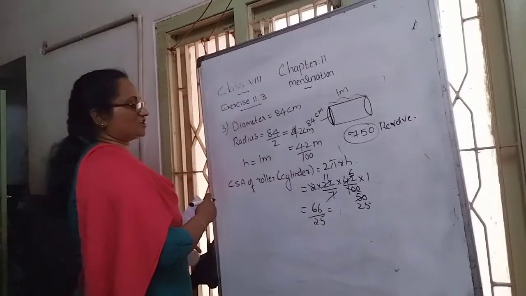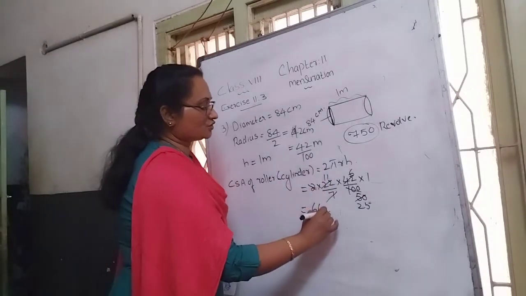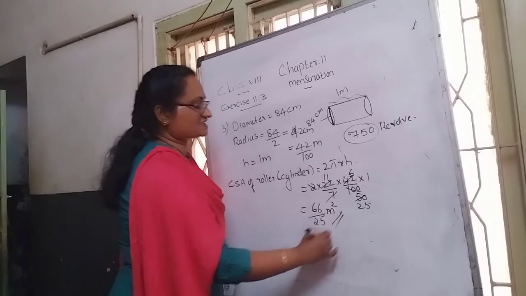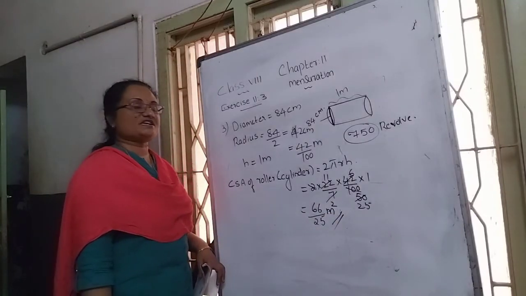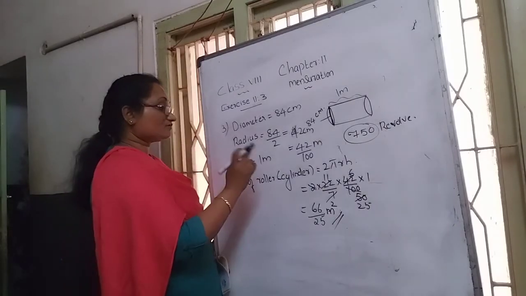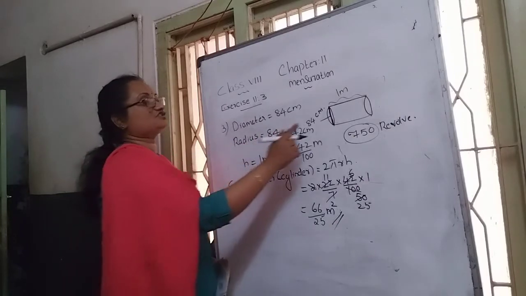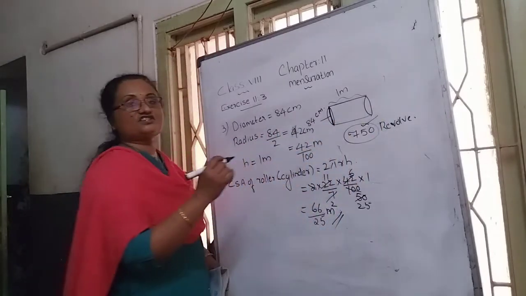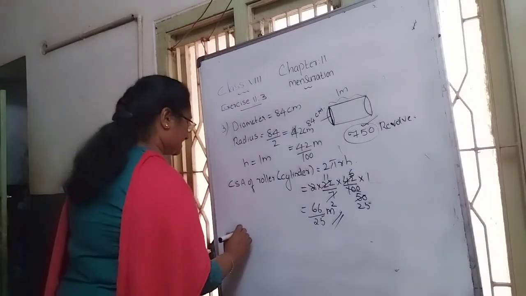Divide now or later, you can divide. Anyhow, up to there, this much. What is the unit? Meter square is the CSA, 66 by 25 meter square is the CSA of one roller. In which way? One round rotation. Such type, how many times is it rotating? 750. Then you can write it as area